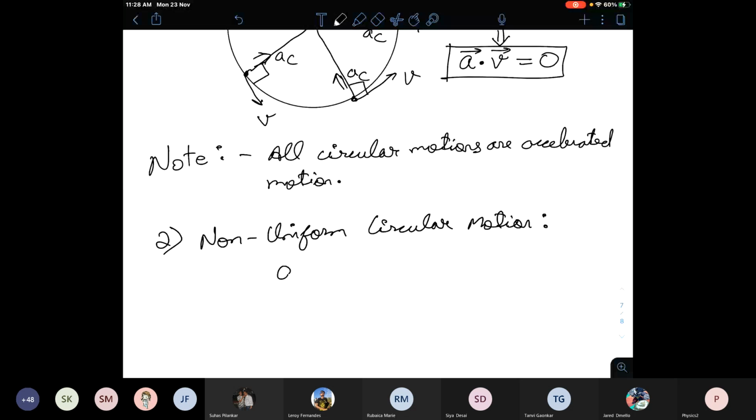Whenever a tangential is not equal to 0, it can be anything. It can be variable, it can be a non-zero constant, it can be positive, it can be negative. But it should not be 0. That's the important thing. If it is 0,